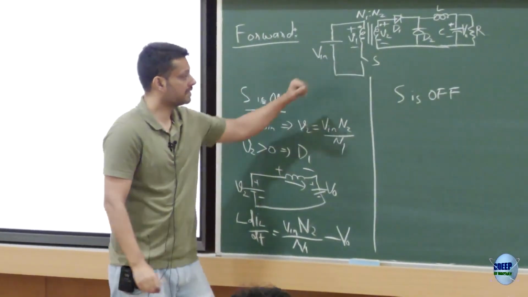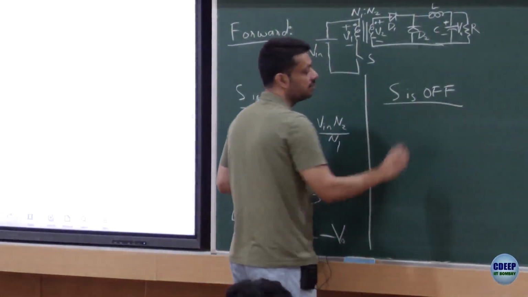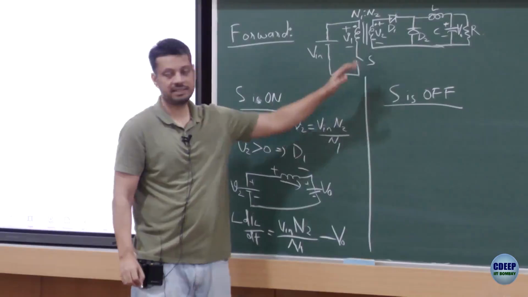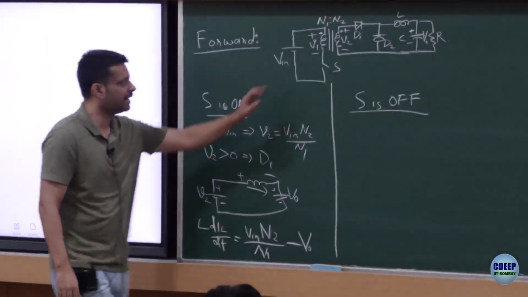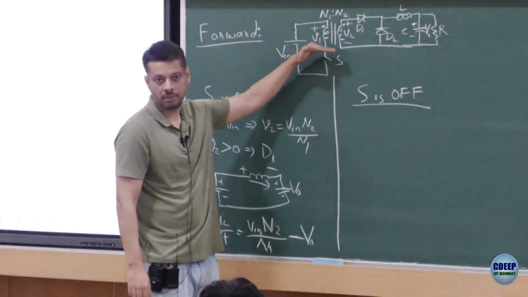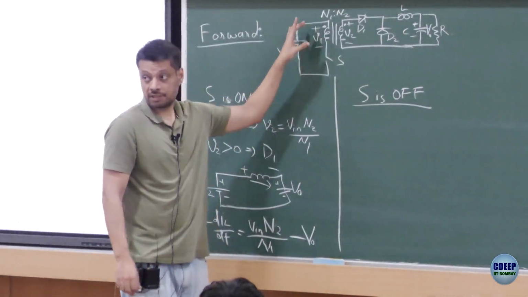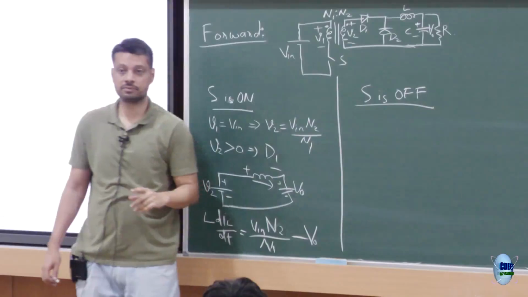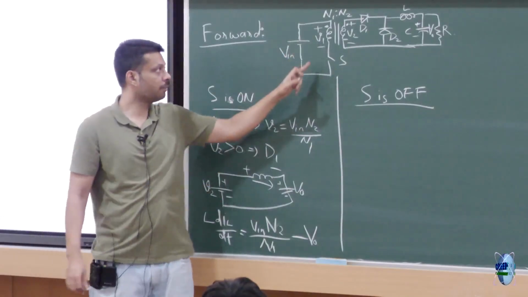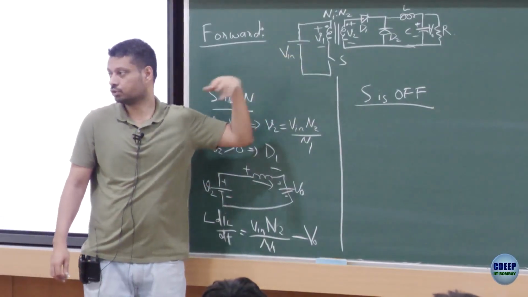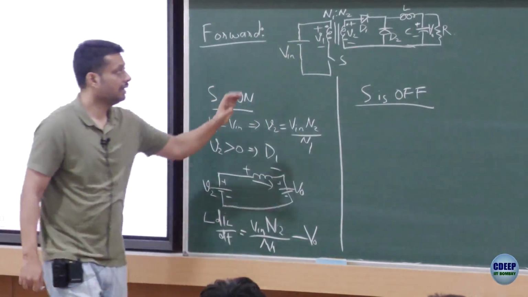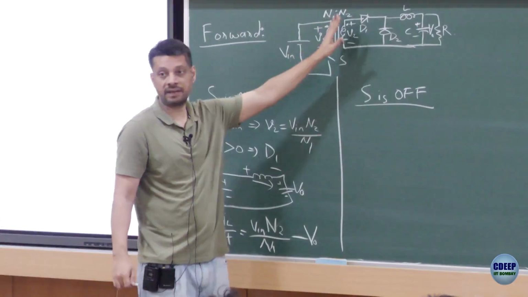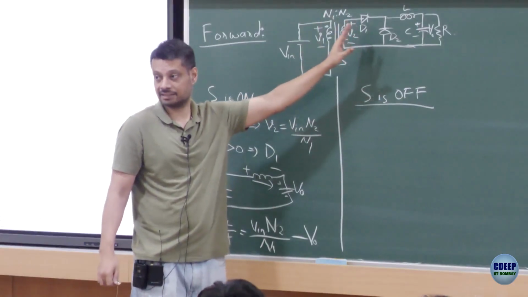When switch S opens up, for the time being, let's assume this transformer is an ideal transformer. In reality, it may not be an ideal transformer, but let's assume it is. This guy has opened up. You cannot define V1 from the primary side. Why? Because you would not be able to write KVL. So you are not sure what V1 would be. V1 could be anything, right? So if you want to define V1, it can only be defined from the right hand side, right?